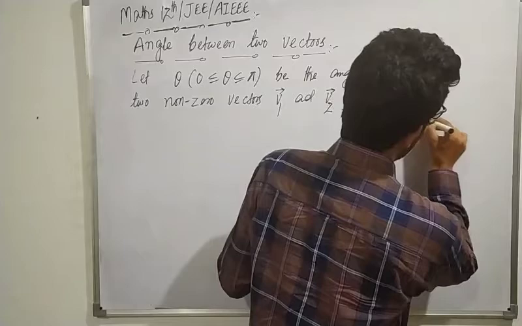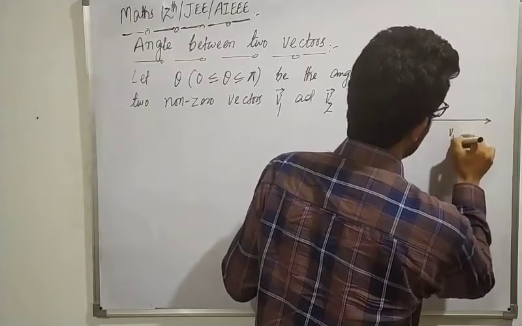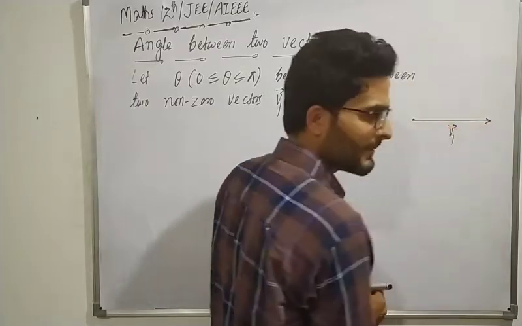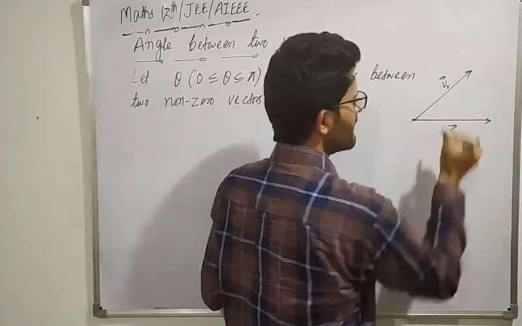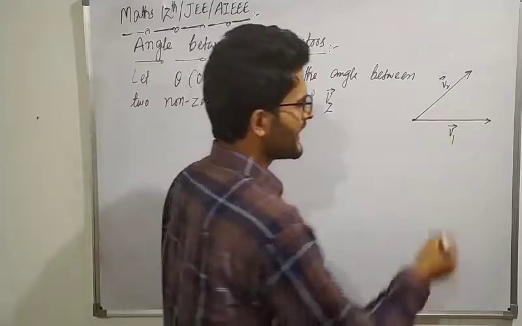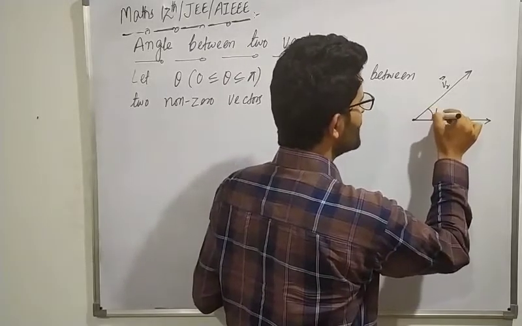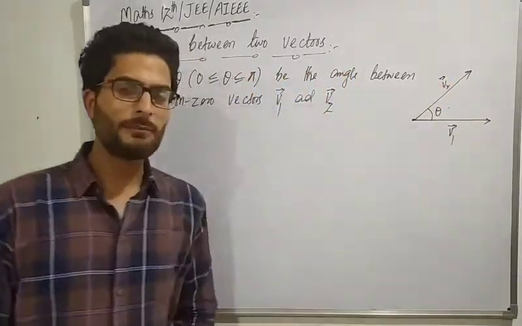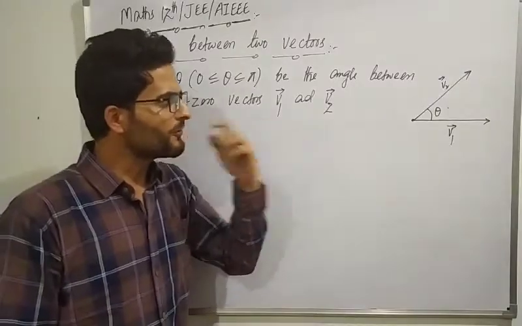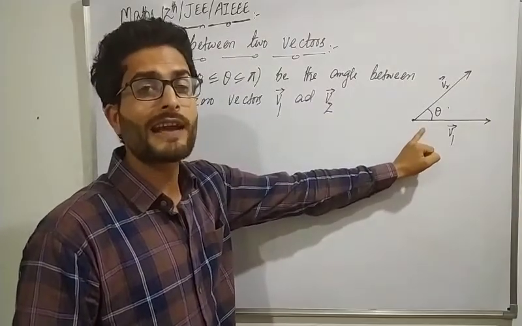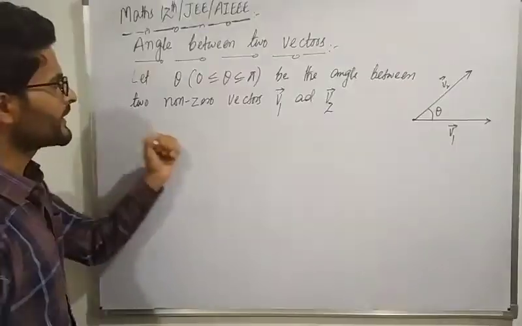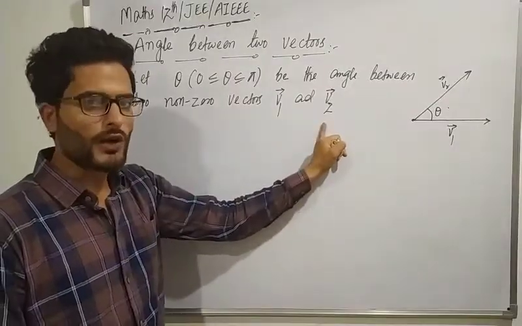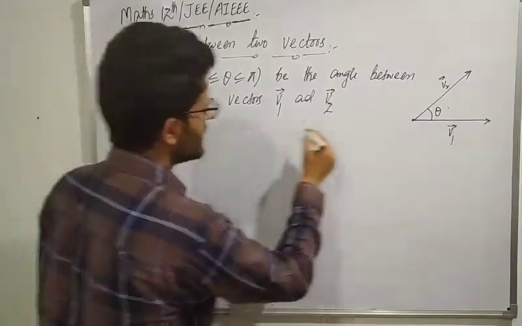Suppose we have these vectors in this form. This is our vector v1 represented by some directed line segment, and we have our vector v2 like this, represented by another directed line segment, and suppose they are inclined at an angle of theta. We need to find that angle theta between the two proper vectors v1 and v2. So we have taken two non-zero vectors v1 and v2, and theta is the angle between them. Then we have,